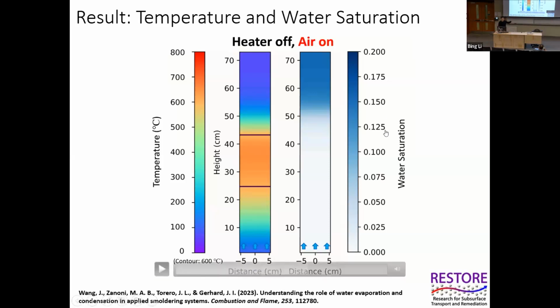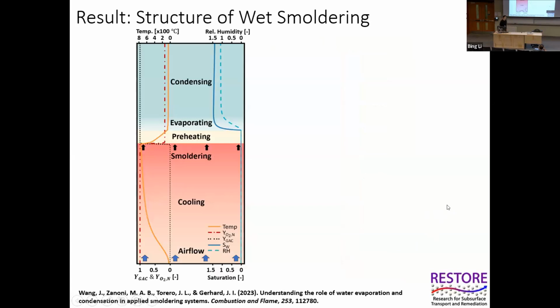Besides, you can see here, the effect of water phase change is spread throughout space and time. It's quite difficult to quantify the effect. But recently, our research found that all these reactions propagate through the system at a relatively same velocity. Therefore, the whole wide smoldering front could be divided basically into two regions. You can see the red region, that is the smoldering region, that is hot, dry, and clean. And we have the blue region in front of the smoldering region, that is cold, wet, and contaminated.